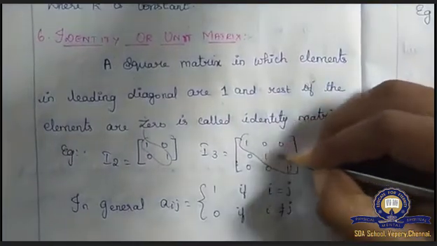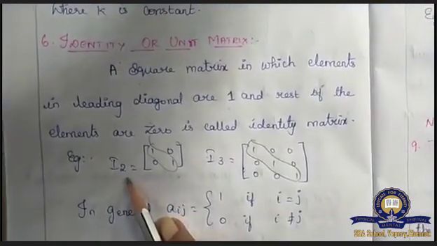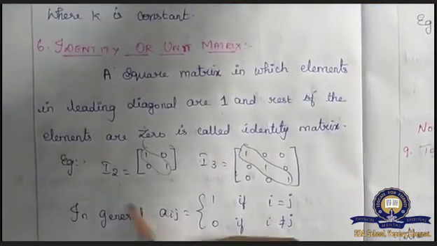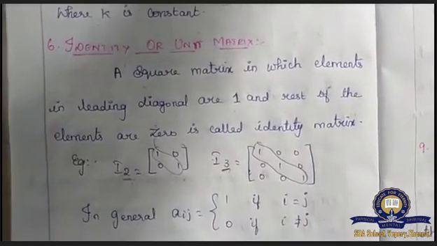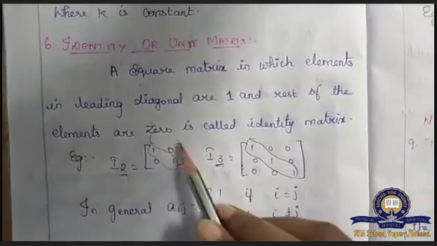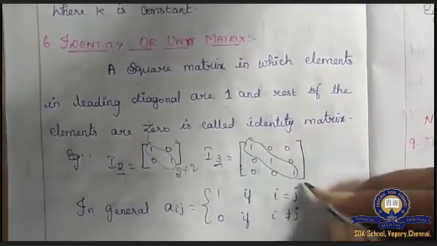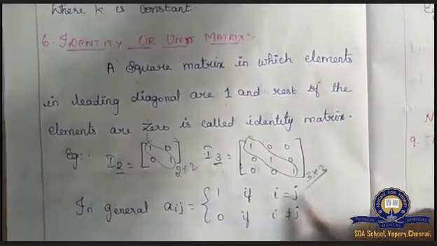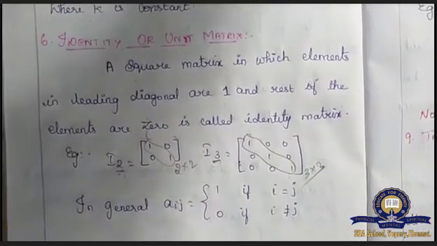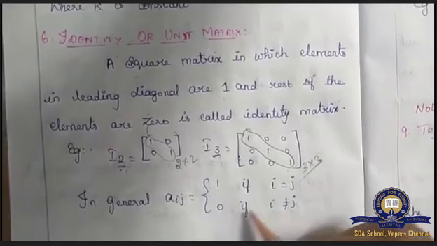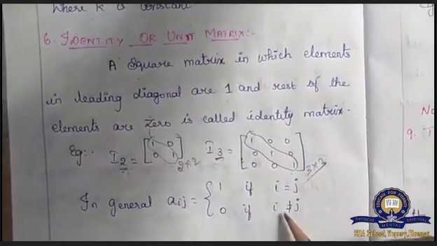Okay. So identity matrix is always denoted as I2, I3. The 2 and 3 depend upon the order of the matrix. Here I have taken 2 by 2. The order of this matrix is 2 by 2 and this is 3 by 3. So this matrix should be written as I3 and this matrix should be written as I2. In general, aij is equal to 1 if i is equal to j and 0 if i is not equal